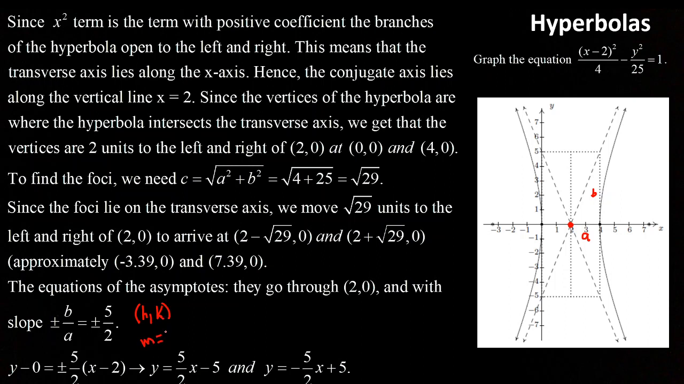Slope is plus and minus B over A. Because this one has a positive slope and this one has a negative slope. So the line would be y minus k equals plus and minus B over A times x minus h, if it's horizontal. If it's vertical